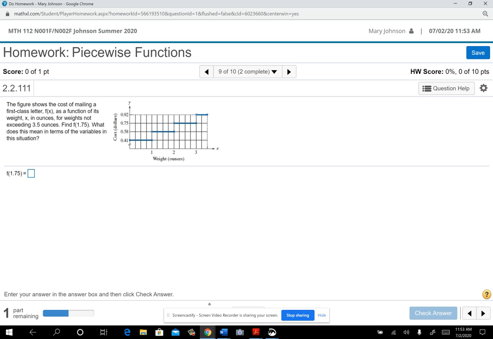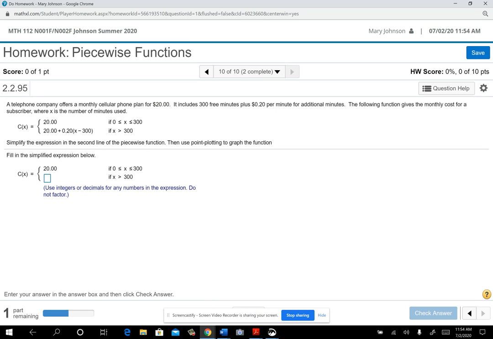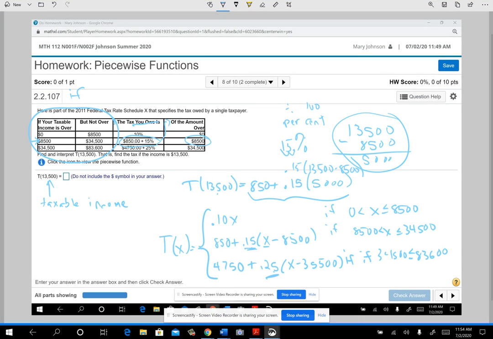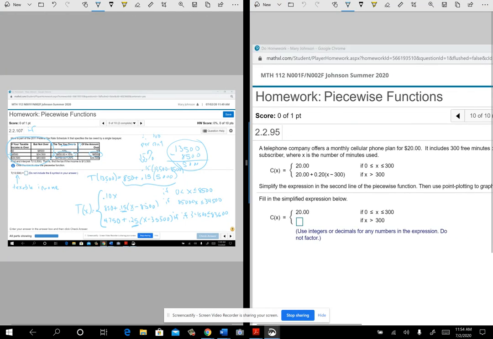All right, but that's called a step function because of all those little horizontal lines like that. And see how you have an open circle on one end and a closed circle on the other. So as you increase your weight, you're going to jump up to the next cost, and then you're going to jump up to the next higher cost eventually. Okay, very common. All right, and then here we have another really common application. This one doesn't really go on and ask the question I really wanted to ask, but